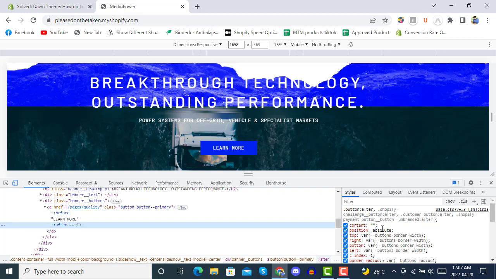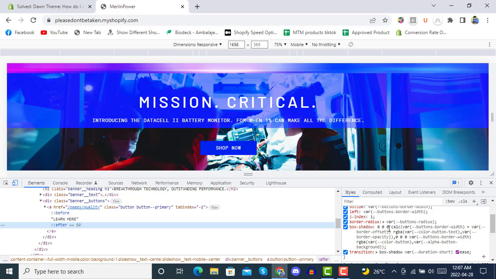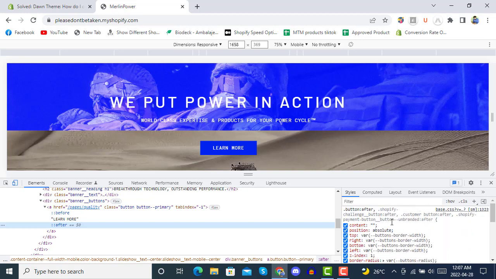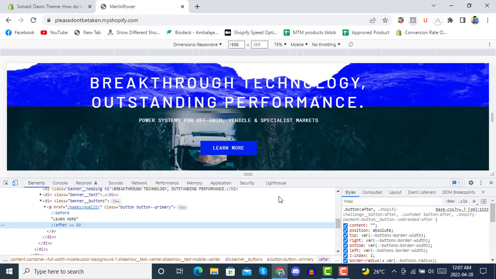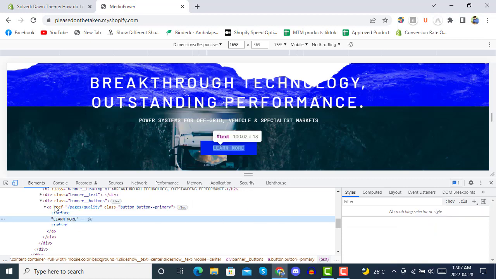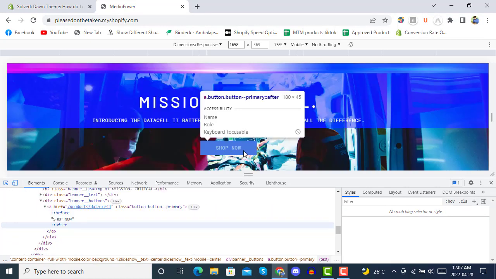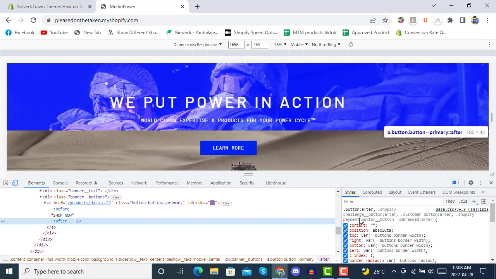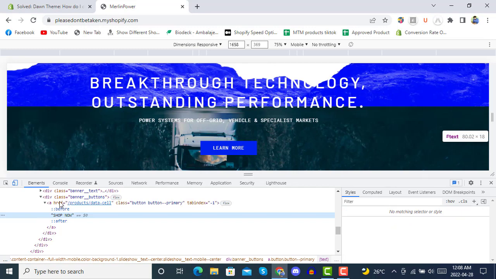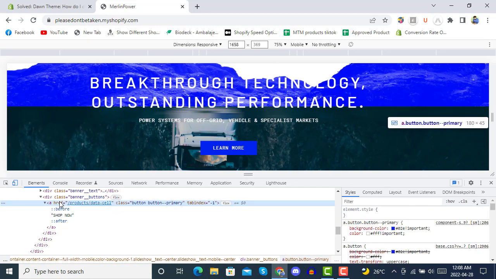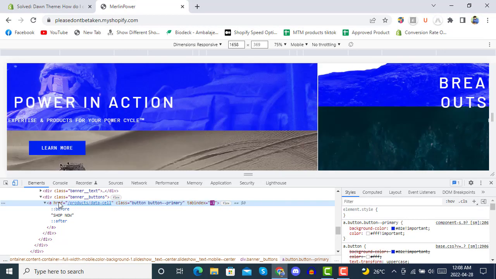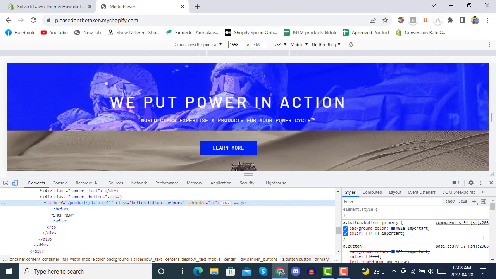So here you see we have some options for hover. Today we'll be clicking on this first button here. When you click on it, you can see that we are on the element here. But when you hover here, you will get the right properties of that button. You can also see here on the button we are on it, and then after this,